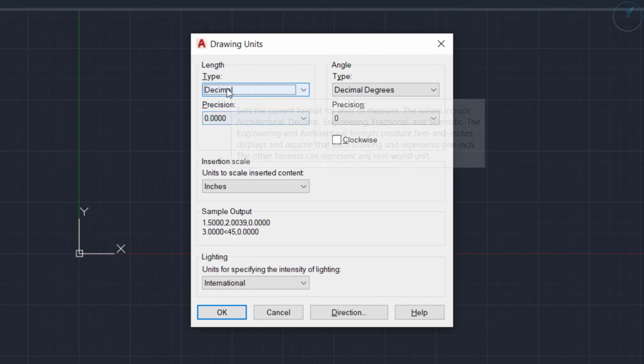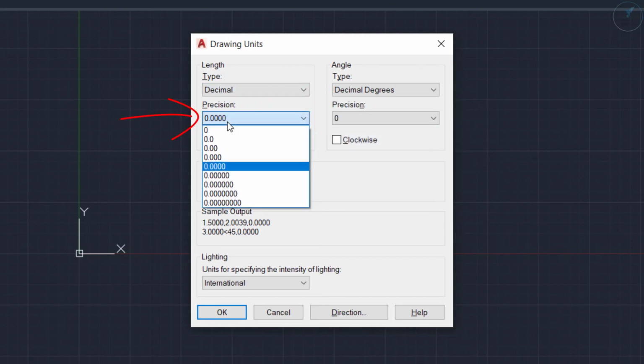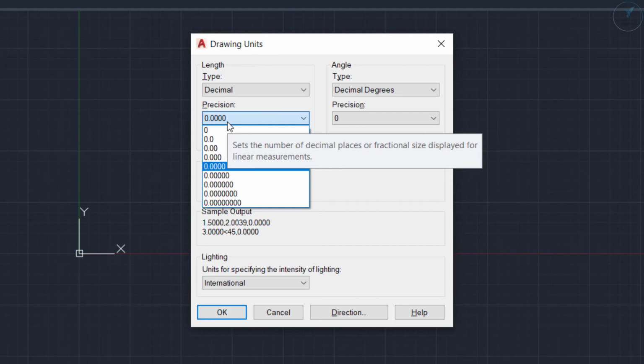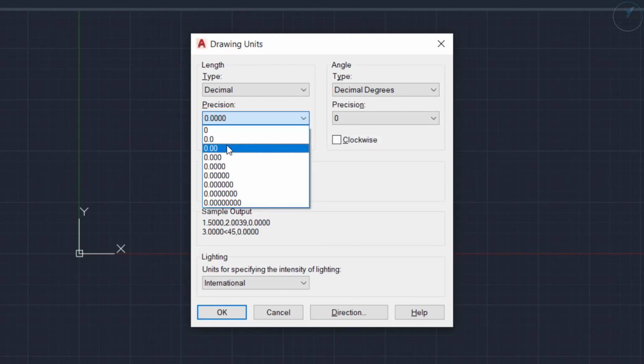So now I am setting my type as Decimal. Next one is Precision. After the decimal point, how many digits you need to see, that is called precision. Mostly we will set 2 zeros after the decimal point for millimeters or centimeters. For inches we will set up to 1, or we will set it without that also.